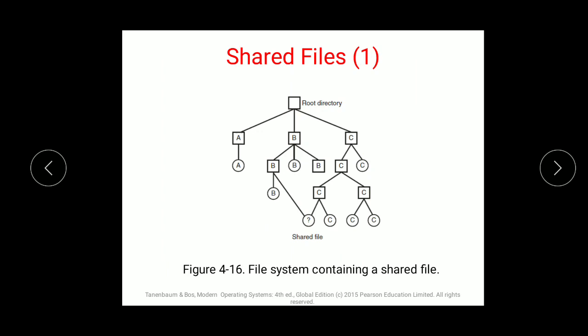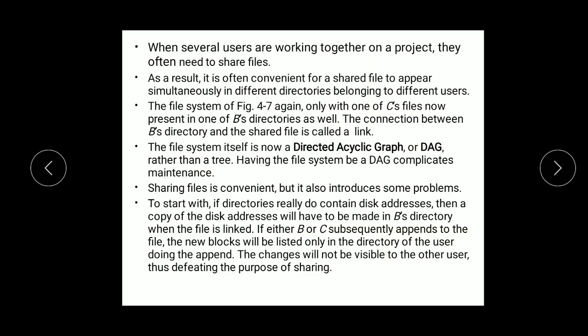This is how your shared file system looks. Can you see one major thing? A is one directory, it is using A file. B is one directory with many files, but C is one directory, it has one file and one subdirectory, and then that subdirectory has two more subdirectories which have files, from which one file is shared by the B directory, the B subdirectory as well. So such linking is also possible using shared files.